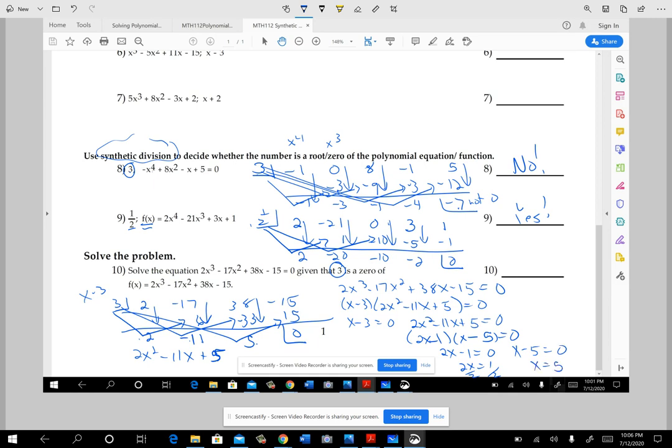So that's kind of where we're going with it, and that's what the video on solving polynomial equations does. This just went back and kind of focused on synthetic division itself, okay? And so we knew 3 was a 0, and then we just found the other zeros would be 1/2 and a 5, okay? All right, so